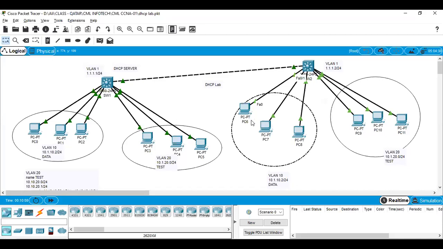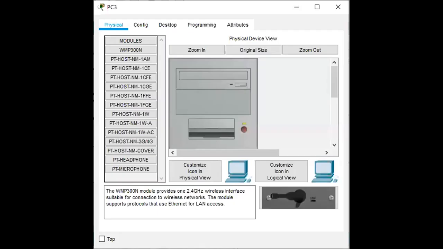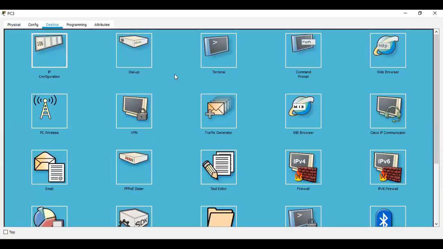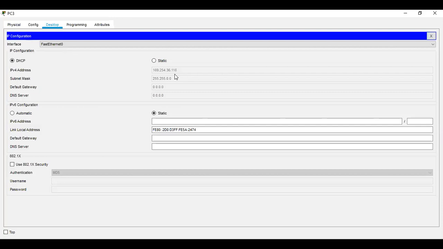Okay, cool. Now, when you think about VLAN 20, let's say PC3, which I connected to VLAN 20, I'll give auto IP. You can see a 169.254 range, which means there is no DHCP for VLAN 20.